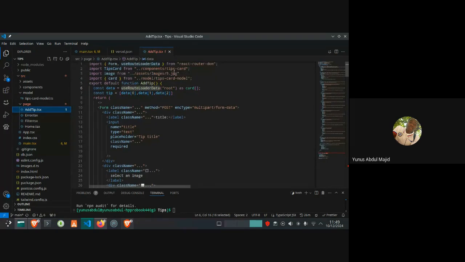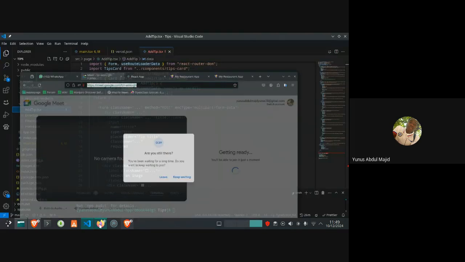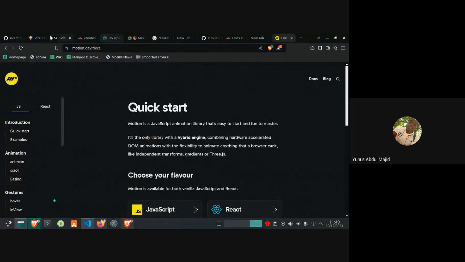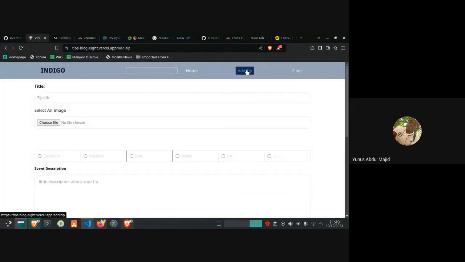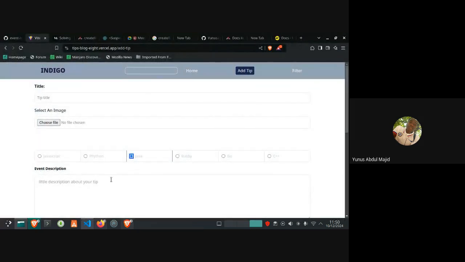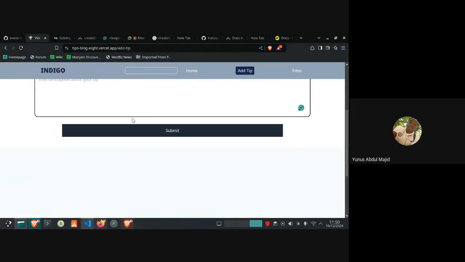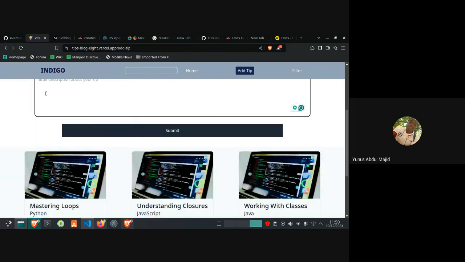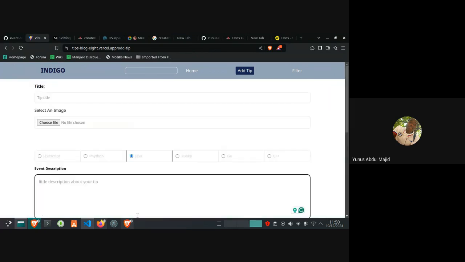This is the page that renders the tips. And sorry, the page where the form, this particular form that I told you guys is not functioning yet. Yeah, add tips, which you can use to add new tips. You can set the title, choose the image that you want, then the tag and add a little description, then you send. So that's not working currently. I didn't integrate that yet.